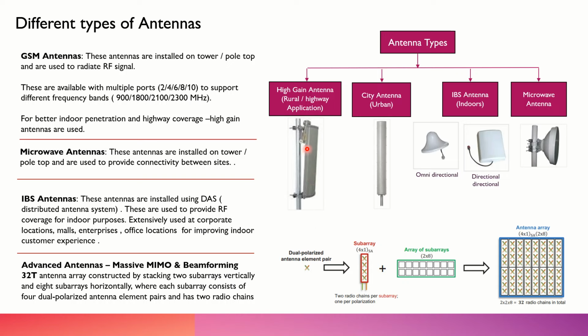And these antennas are used to provide the coverage to the end users or the user equipments. And these can be of different types. It depends upon how much gain we are demanding from this particular antenna, because if it is in a rural site, probably we would have a higher gain for that antenna, and accordingly the size would change. Or it could depend, in an urban area, on what number of ports we want to have on a particular antenna, again depending upon what are the different frequency bands that we are going to cater through